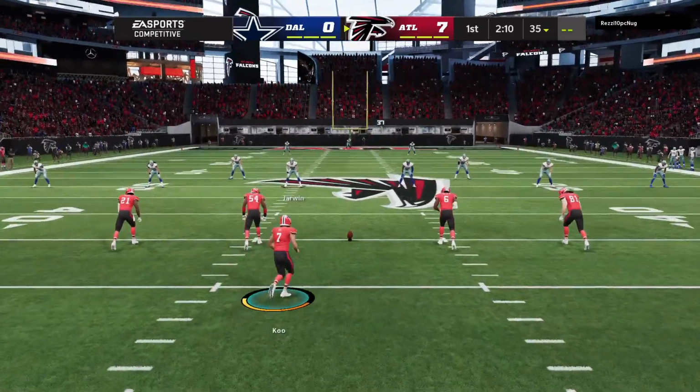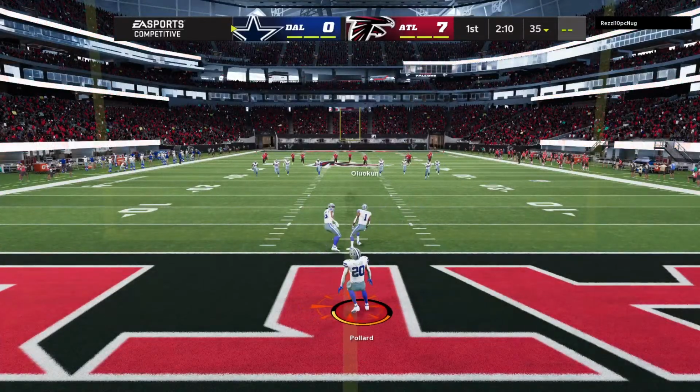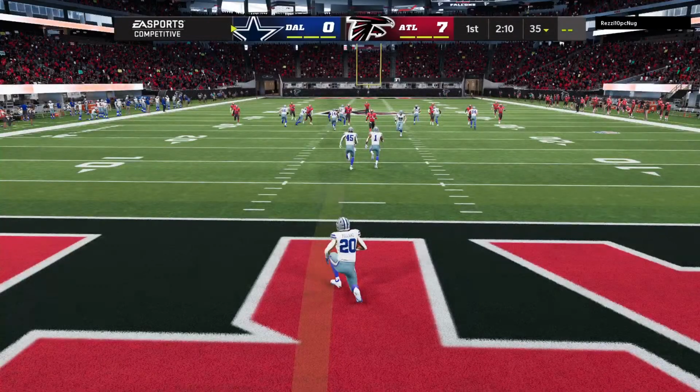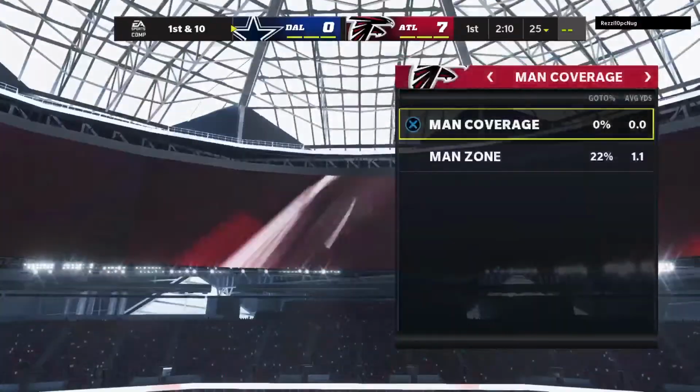Following the touchdown, here's Koo to kick off. This one will come out to the 25 as Pollard is going to elect not